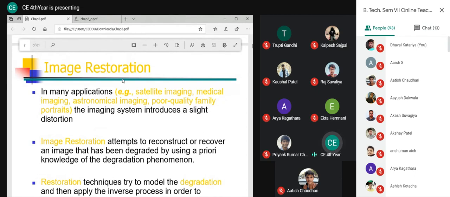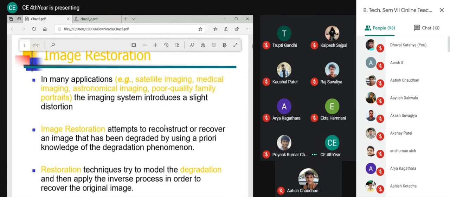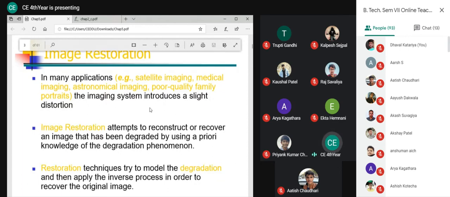So where is image restoration observed? It is observed everywhere. Maybe the impact will be less or more, but image degradation happens everywhere, whether it be a satellite image, a medical image, or your regular photographs if you are capturing. It is available everywhere, right? So who creates the distortion? Distortion is created at your imaging system. Your camera outputs are not clear because of motion, because of atmospheric effect, whatever. But who creates the issue? The issue is created by your lenses, your camera, your imaging system.